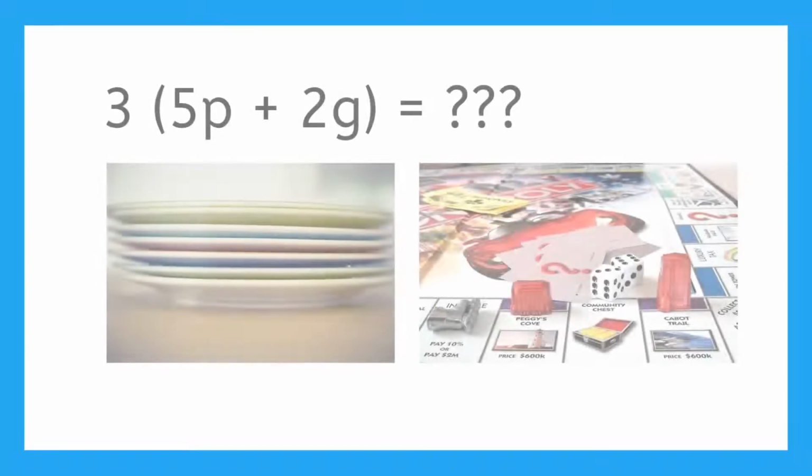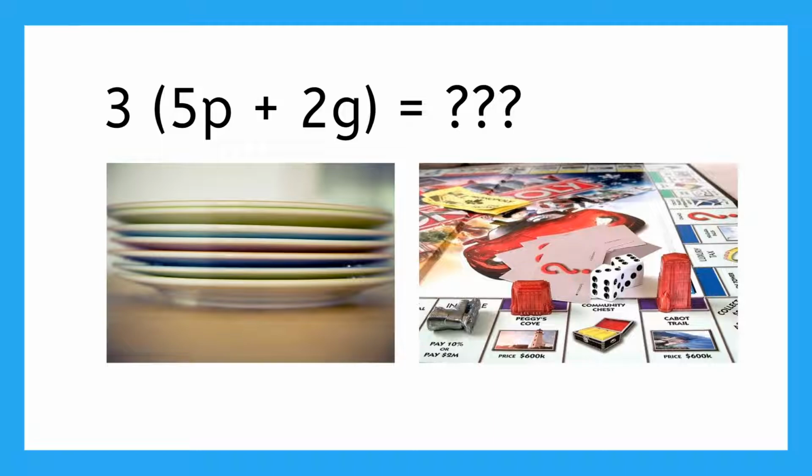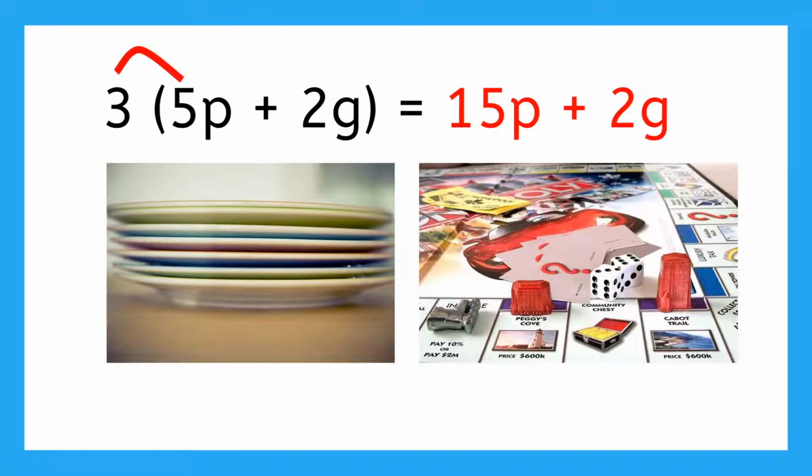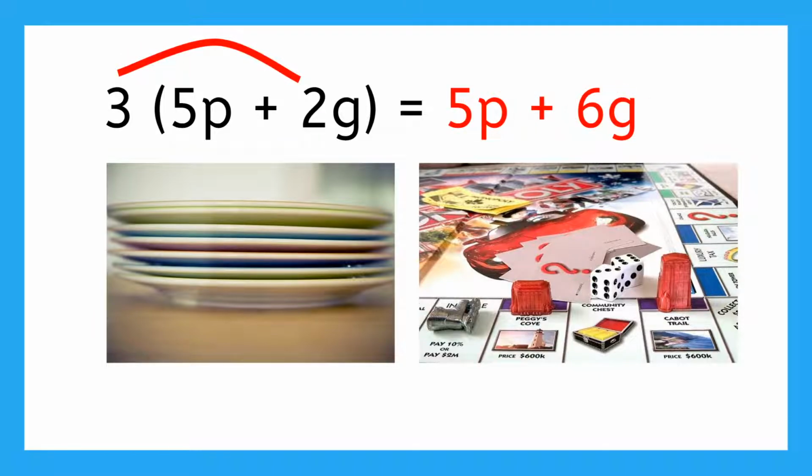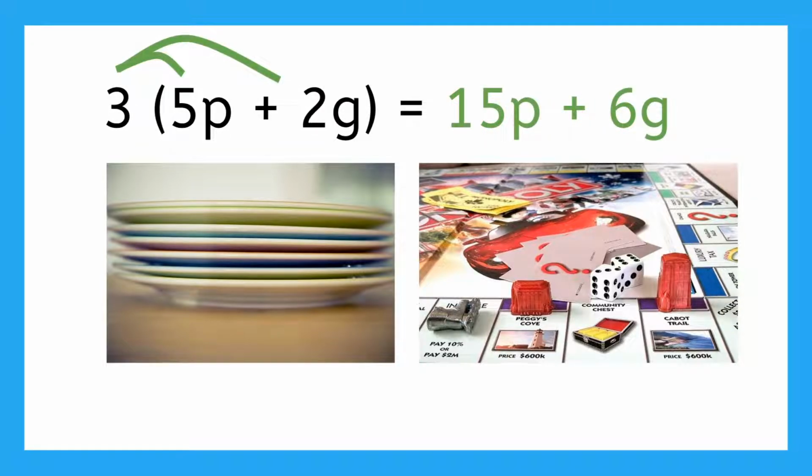What we just did is called distributing. When you're trying to multiply a group of different things, you have to multiply the whole group, not just one piece or the other. We can't just triple the plates here because we've grouped them with the games, and those need to be tripled too. And we can't just triple the games for the same reason. We have to distribute the 3 to both terms so that both items are tripled at the same time.